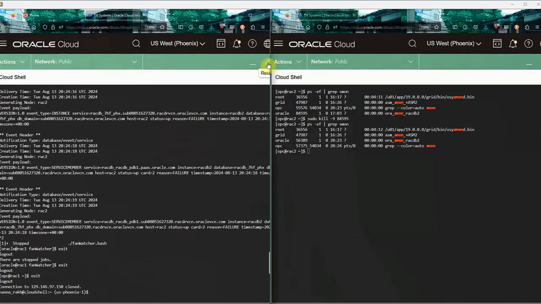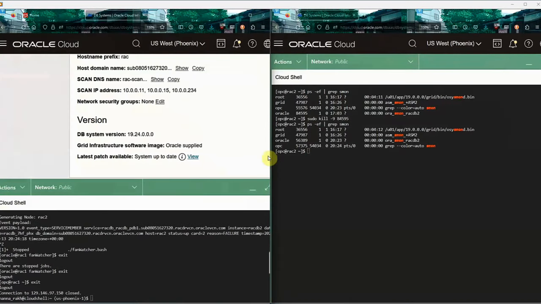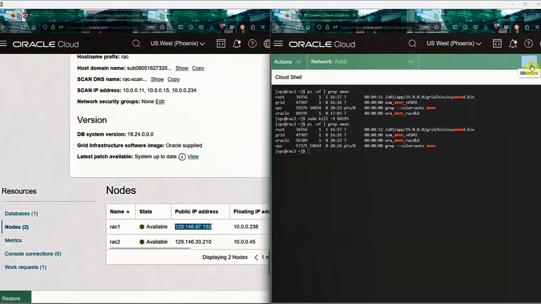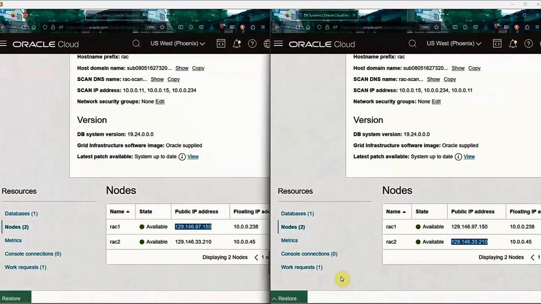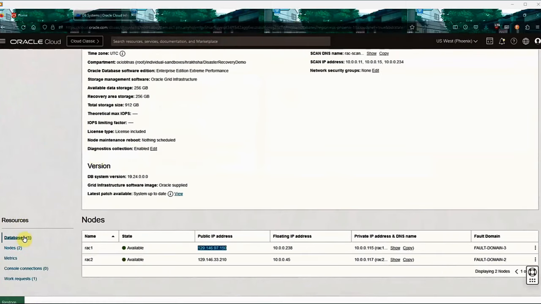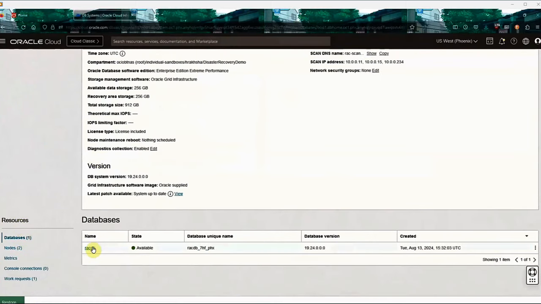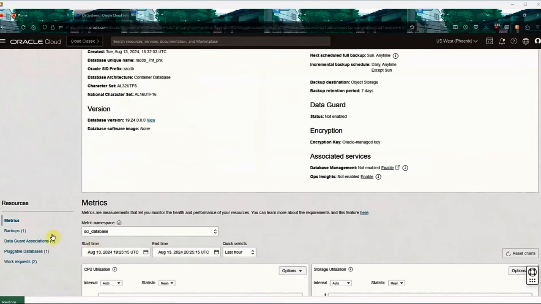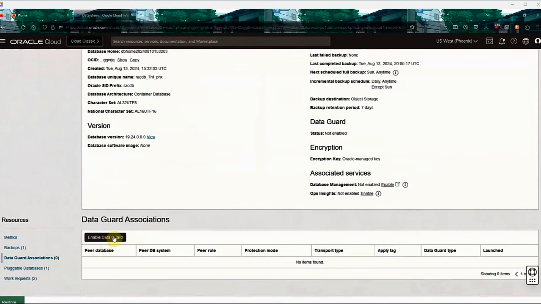Now, this is fantastic between fault domains, but what if an availability domain or even a whole region goes down? So from the database details page in our OCI console, we have the ability to enable Active Data Guard. So going to our database and then clicking Data Guard associations, we're going to enable Data Guard,